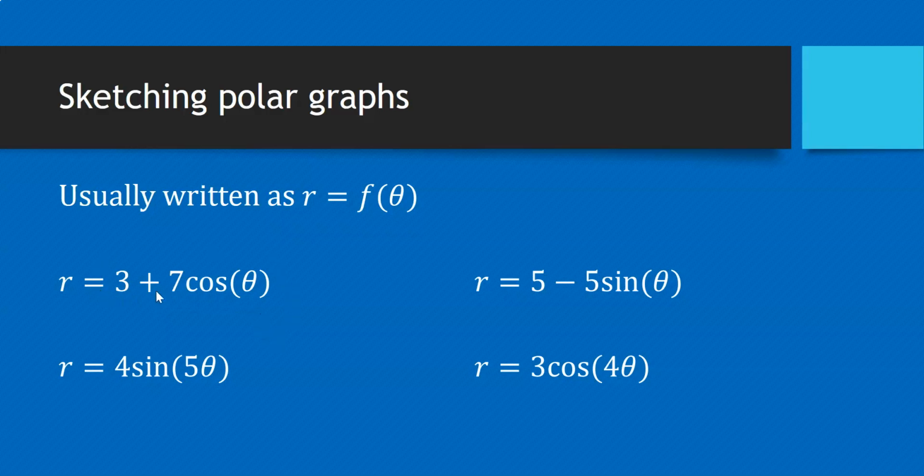Now, instead of just plugging in different values for theta and seeing what happens, I'm going to utilize my calculator. You could, in fact, plug in different values for theta, find the points and plot it out, but it's a lot more efficient to just use our calculator. R equals 3 plus 7 cosine theta. So if we do that, first off,